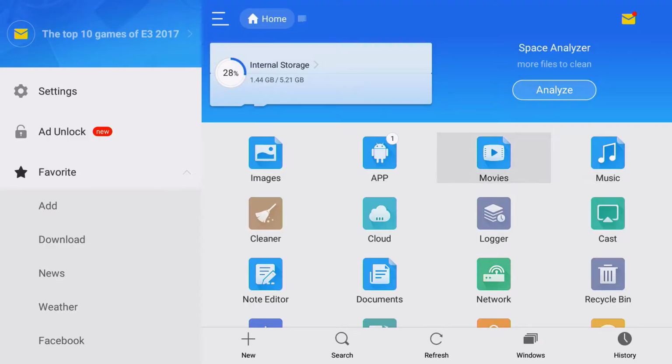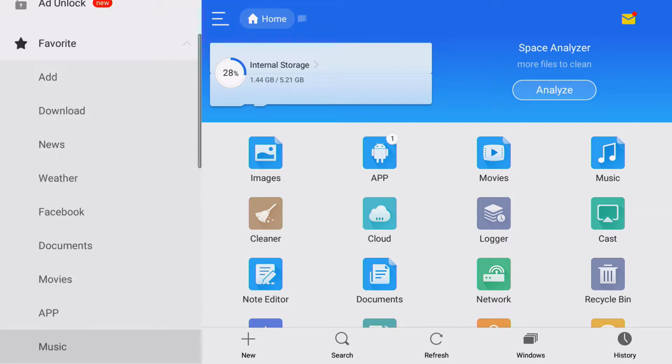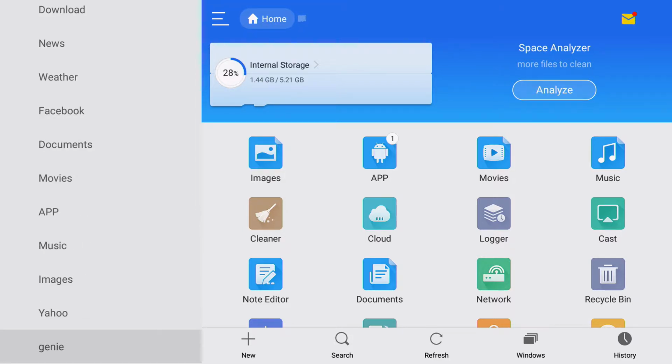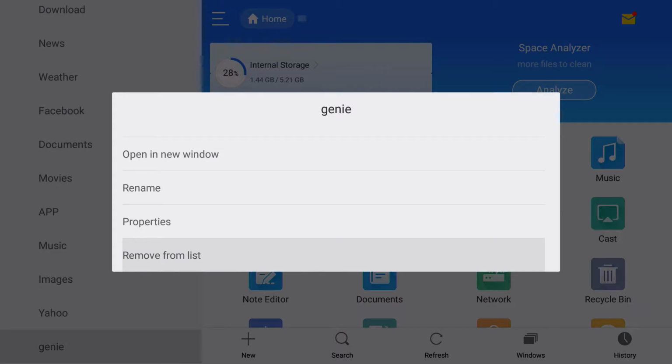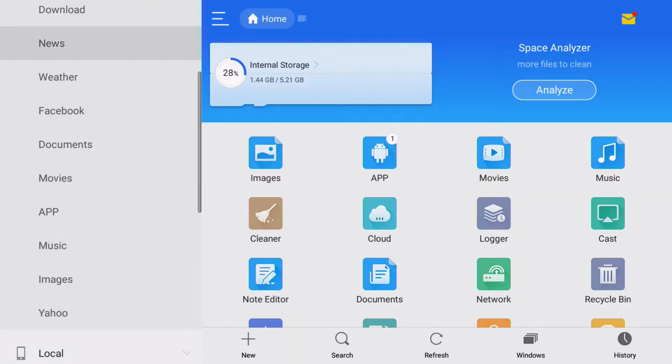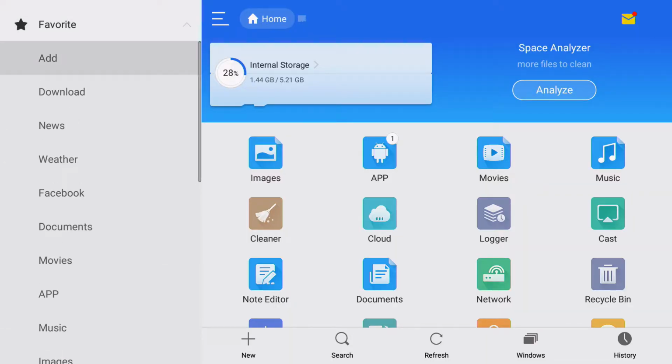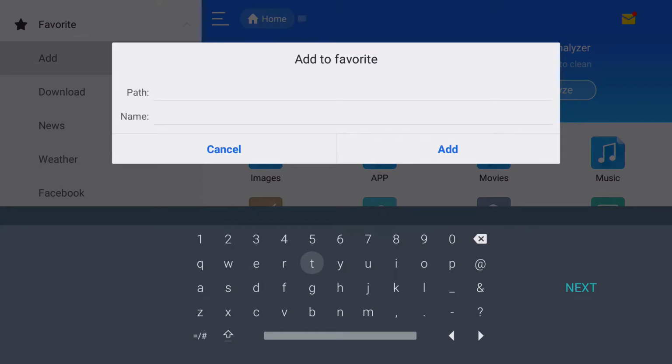Okay, and then what you're going to want to do is come over here on the left hand side and go to Favorite. Now I already have the favorite added. Let me remove it real quick. There we go. So we're going to come back up here to Add. So we're going to add a favorite, and this is the path: